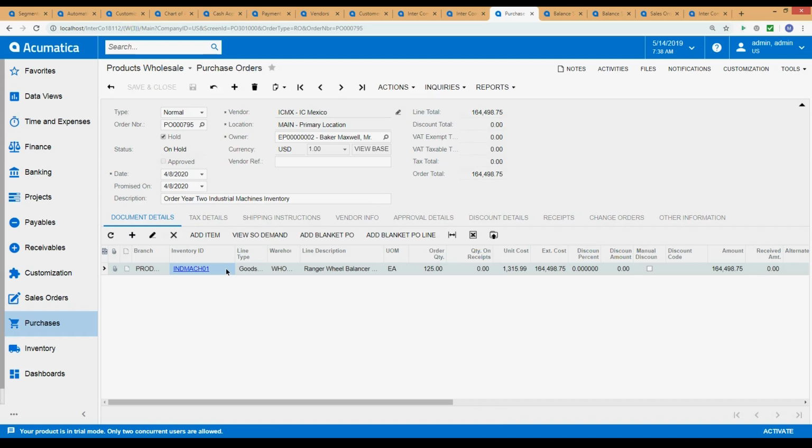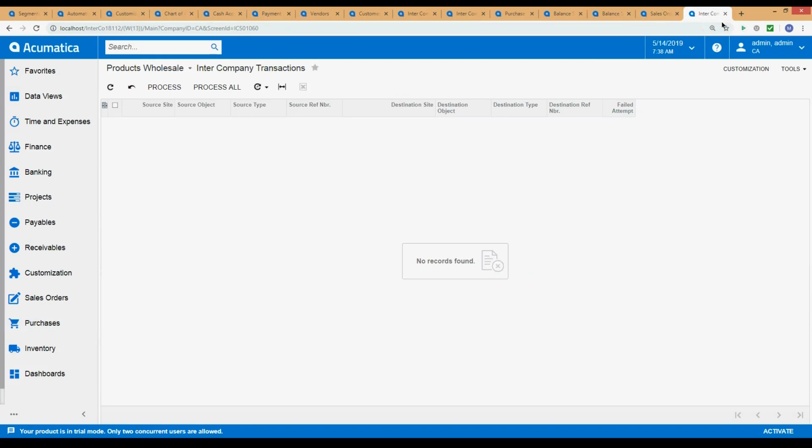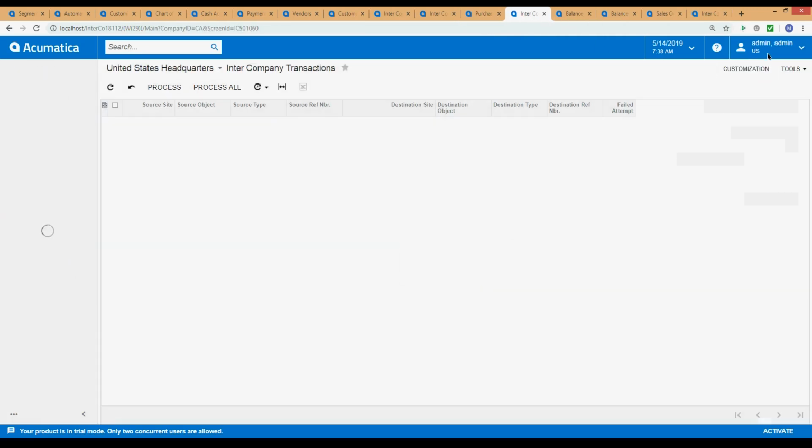I don't need 175,000 items. Simple. Buy a couple computers. I'm just going to buy 2 computers. So I've got my 2 computers. And so in the background, let's see. In the background here, we have a purchase order on hold, and I'm going to go ahead and open up